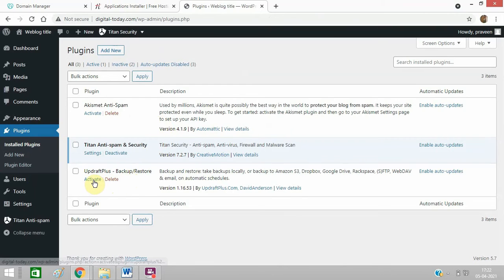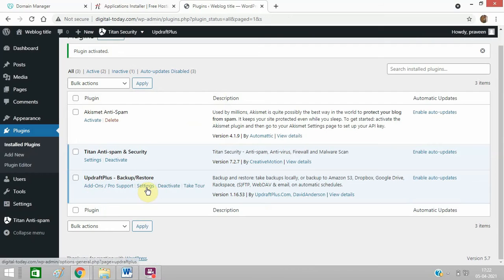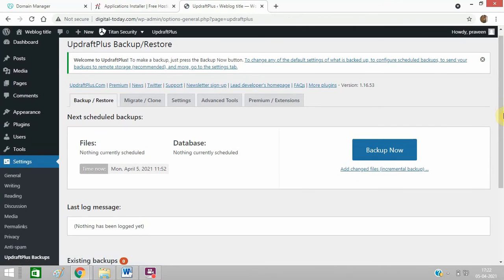I need to click on activate. That's it. Click on settings, again click on settings.